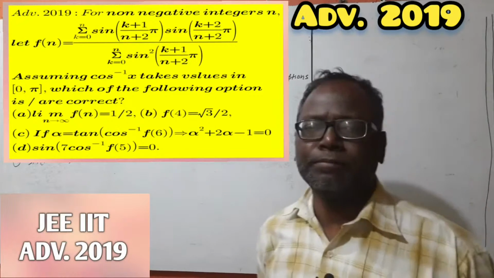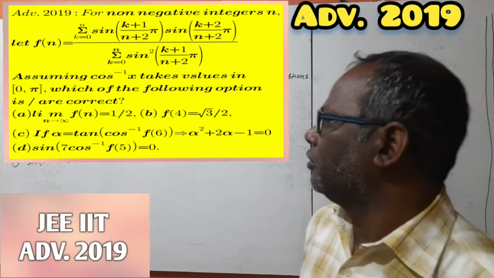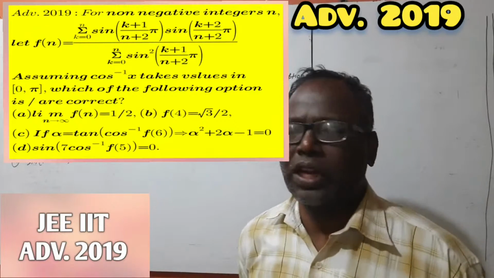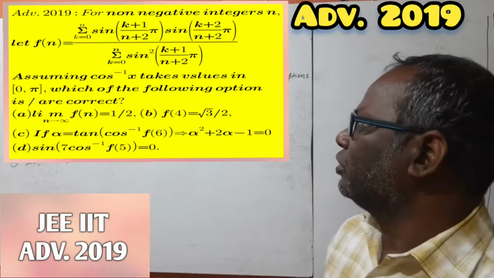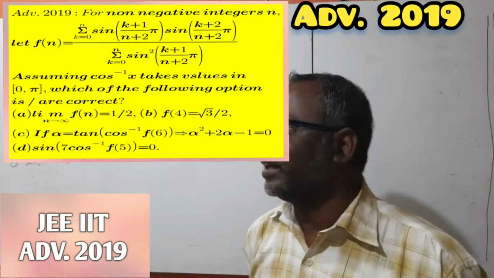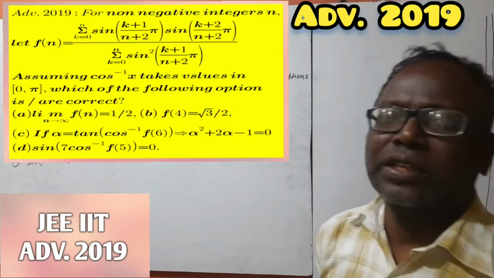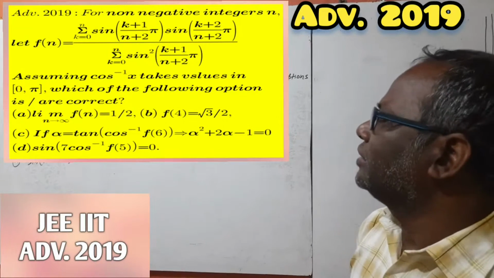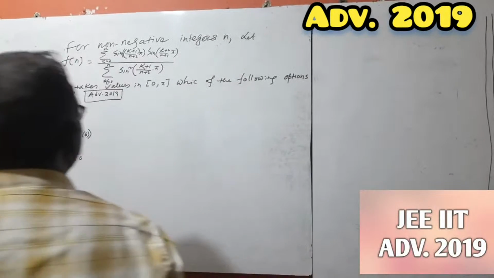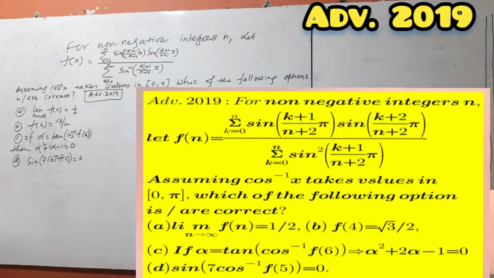See, this is the chapter for the inverse trigonometry, and it is important for the 10+2 level, and this problem was given in the JEE Advanced 2019 exam. This is known as IIT in India. So this is the inverse trigonometry problem, and it is given that for a non-zero integer n,